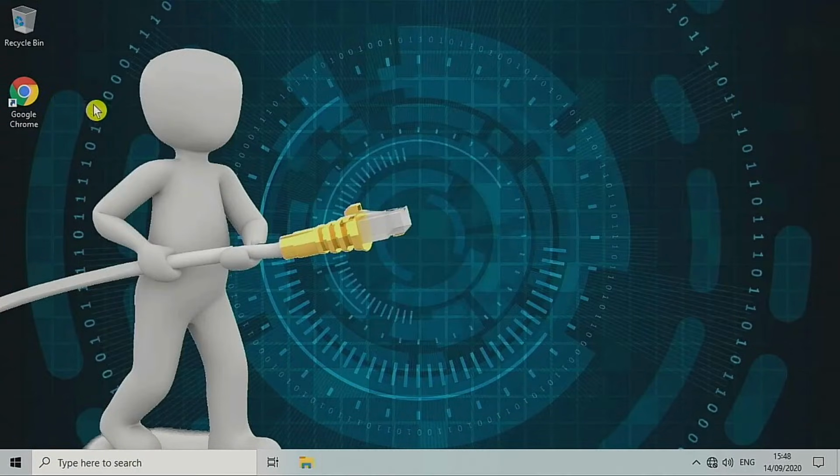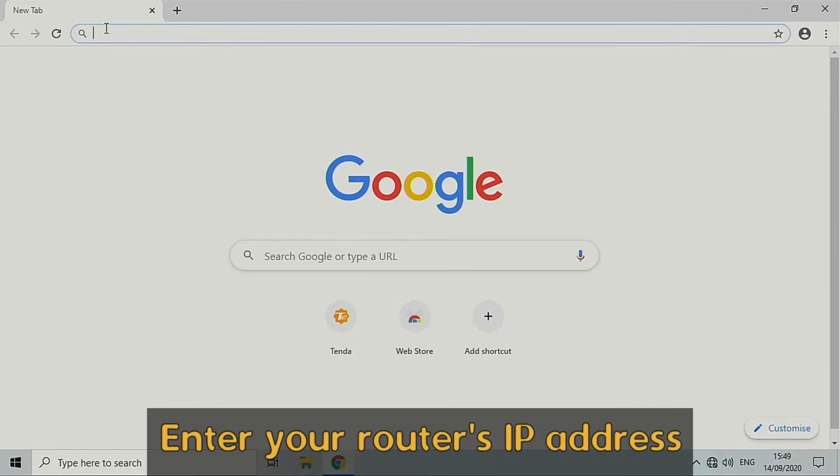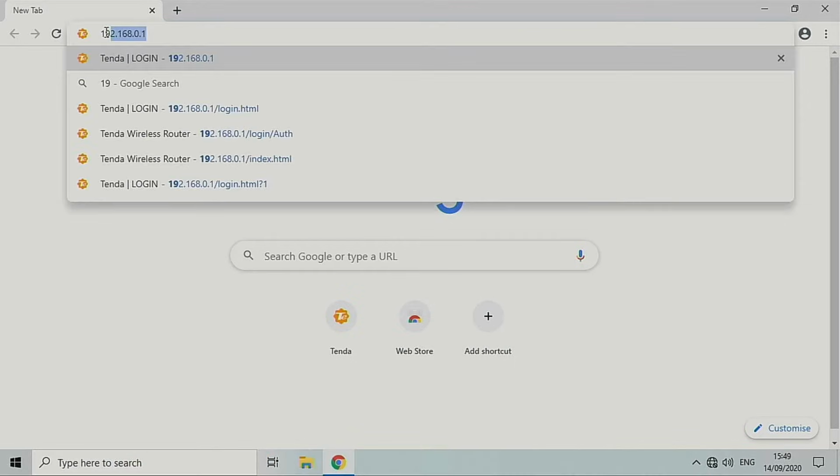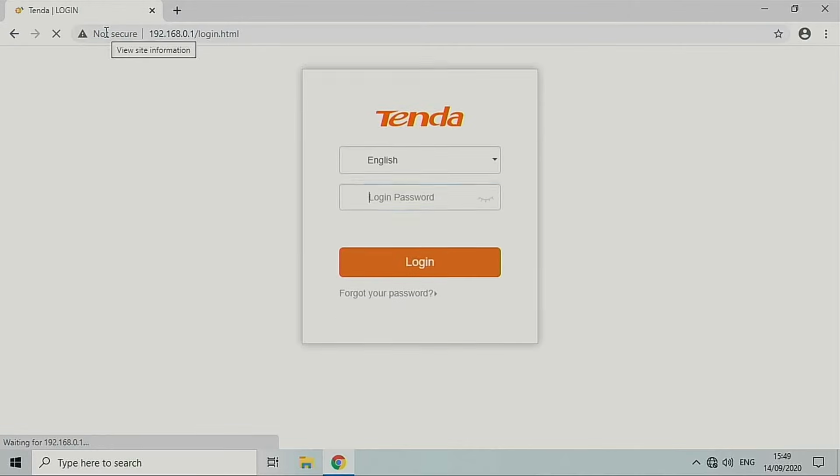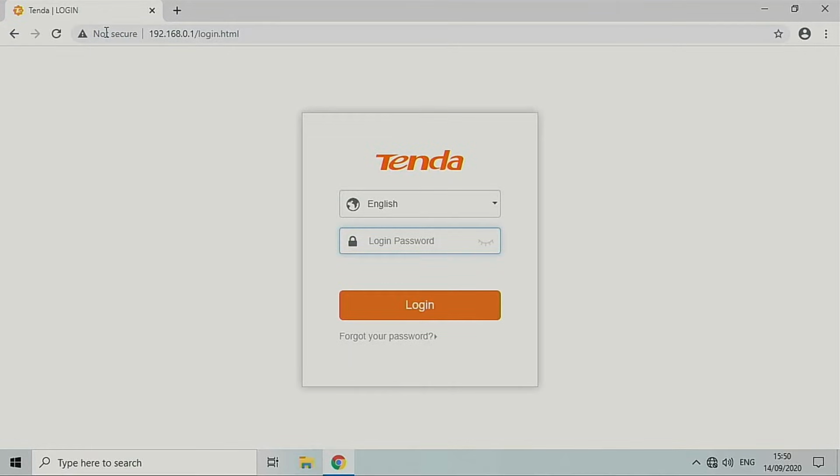And now we're going to open a web browser. Enter the IP address of your router in the address bar. So mine is 192.168.0.1 and press enter. Now this particular router only requires a password to log in. On some models you might need to enter a username and a password. If you're not sure what the login credentials are, you can usually find them on the back of the router itself. So pop them in now